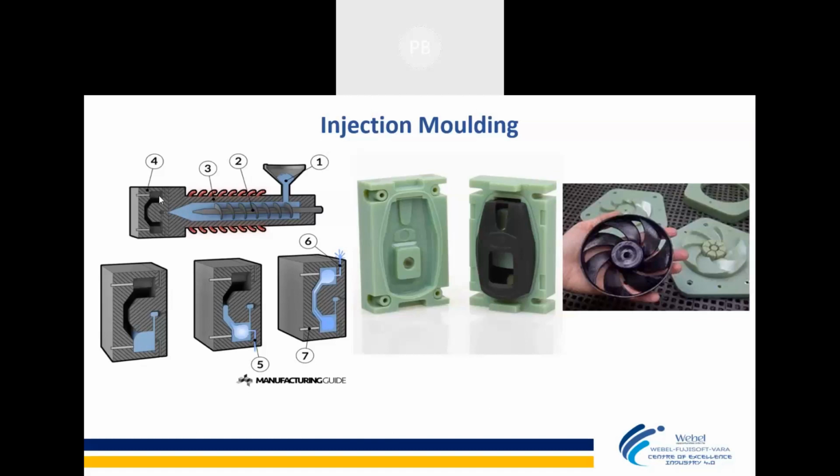Like you can see this part. This is a cavity part. This is a core part. So there is always a male and female part, and there will be a small orifice, a small gap, where at very high pressure molten plastic is